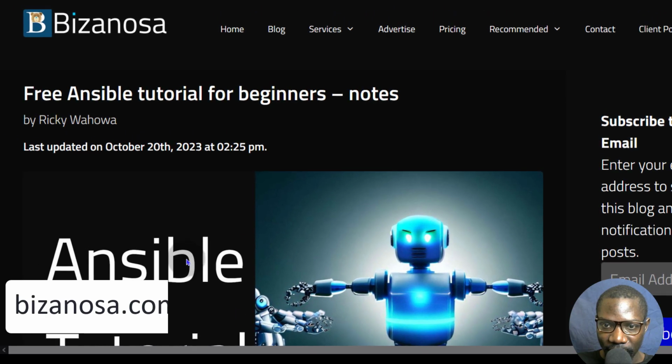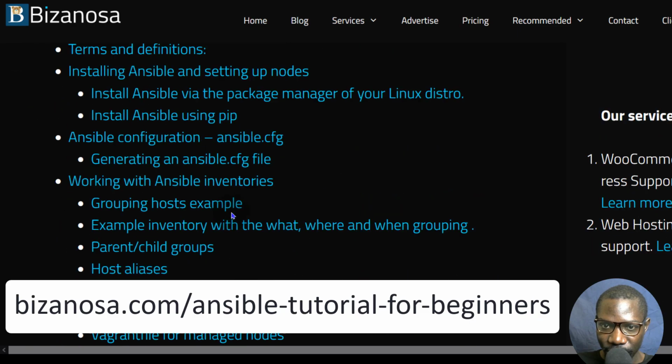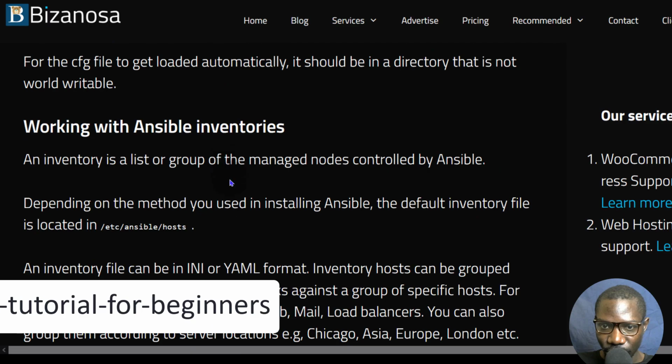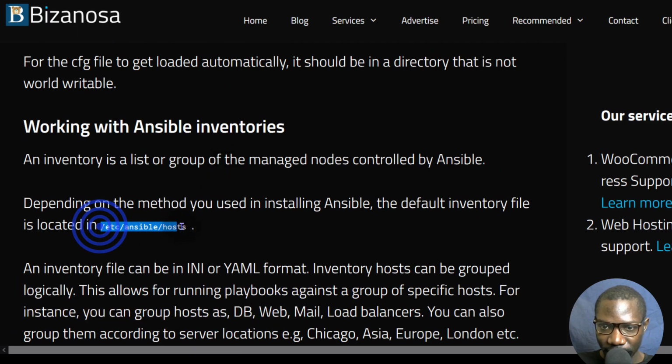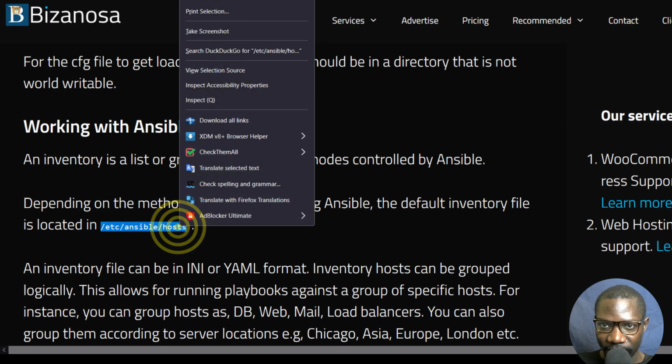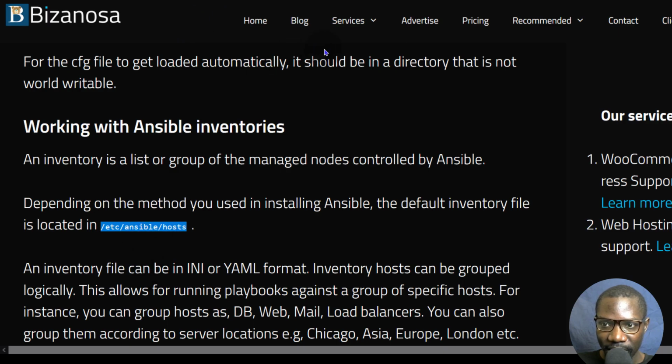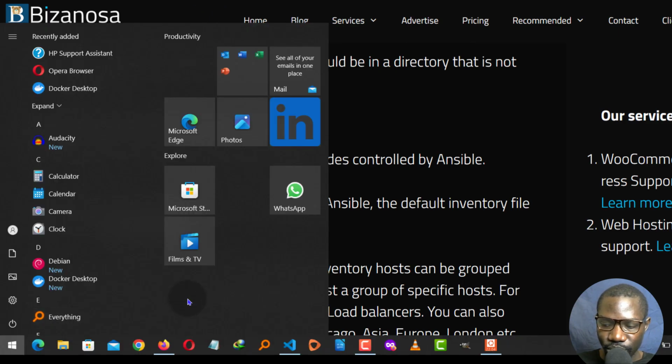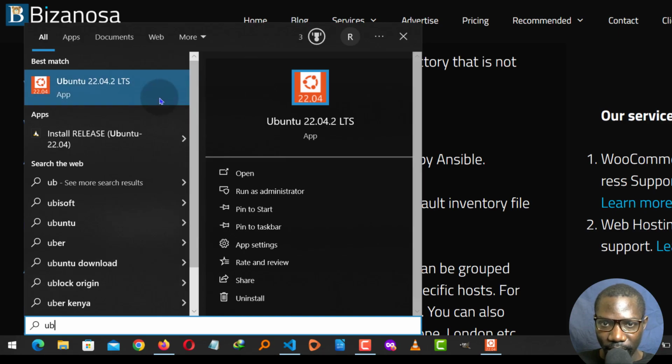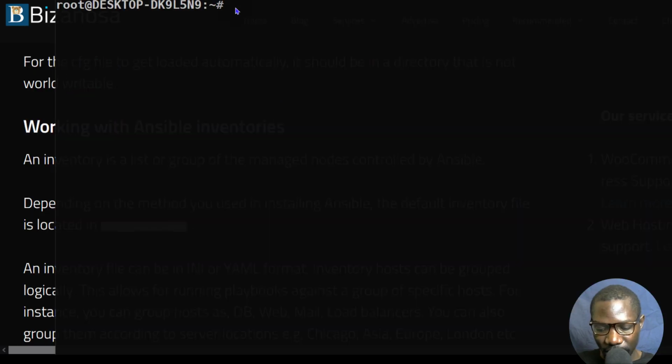Come back to the notes, and I told you these notes are available for you. You just go to this link and you can copy any code that you need to copy. So for here, let's check if we have this default inventory file. I'll just open up Ubuntu 22.04, our WSL setup. We can open this.